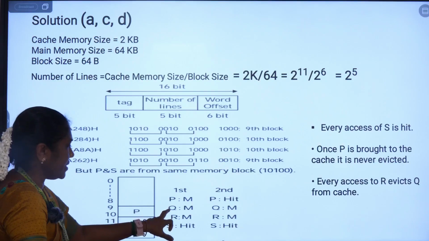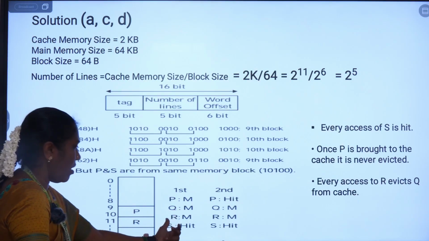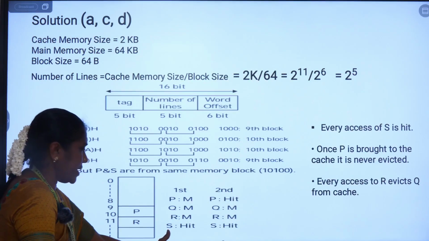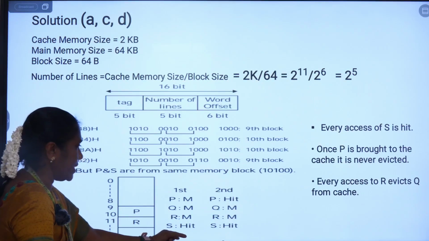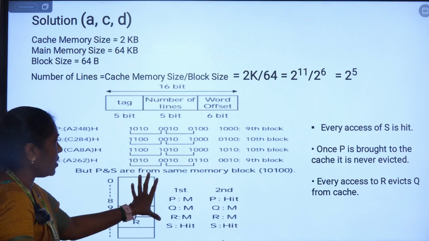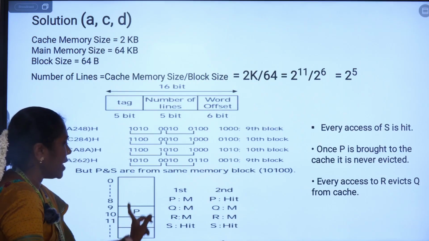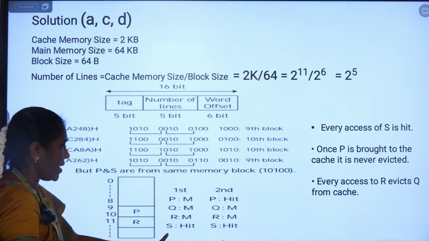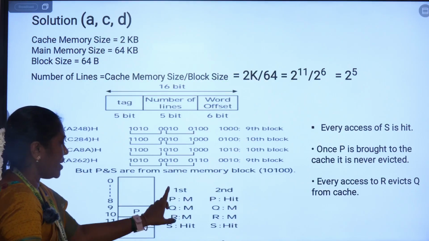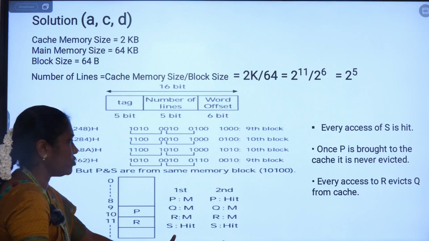And while accessing Q, it is also a miss, as well as R. When comparing S, why is it recorded as a hit? Because P and S are in the same block. So once we transfer the content of P to the cache, S data is also available, and hence whenever we access the S data, we get a hit.